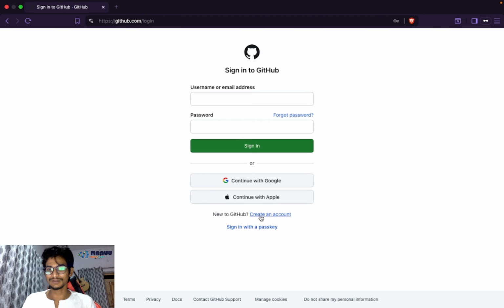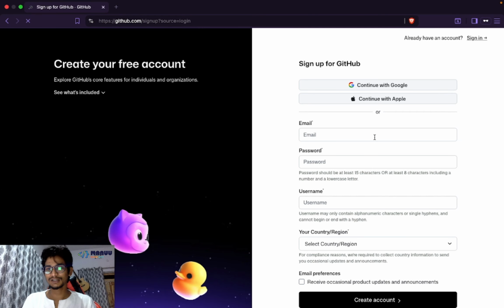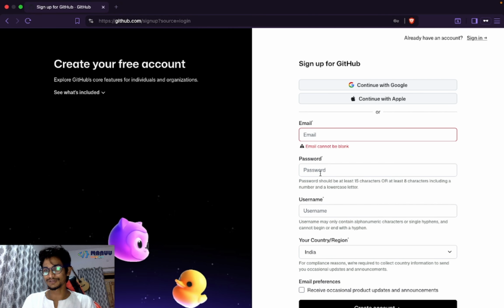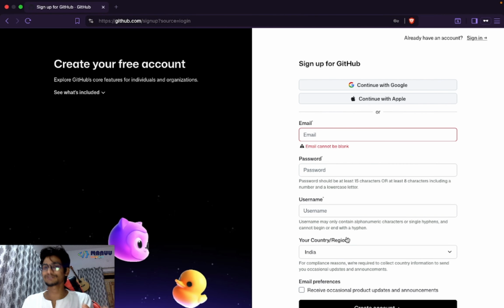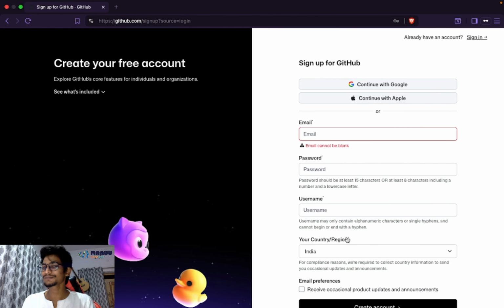Either you sign up, or create an account using Google. You can sign up with Google as well, or you can put your email, your password, username, country, and complete whatever they need. It's a basic form you have to fill. Once you're done, you can configure and create it in a simple way. I'm not going to show you because this is a very basic thing, and I don't want to create a new account in GitHub.